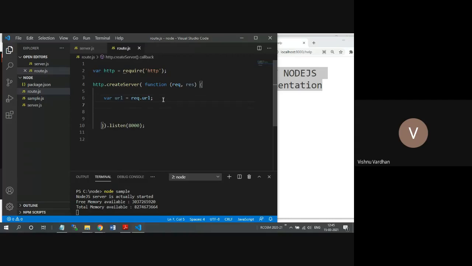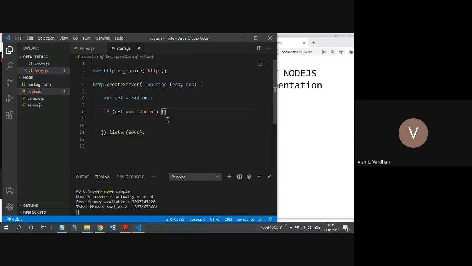Then I want to check if this URL is matching with this, help. If it is matching with help, you have to give three equals signs, because in Node.js we compare the left side with the right side by taking three equal symbols in this way.